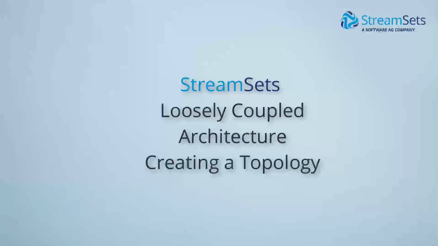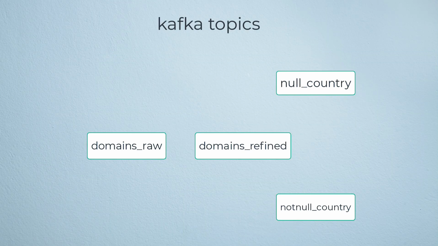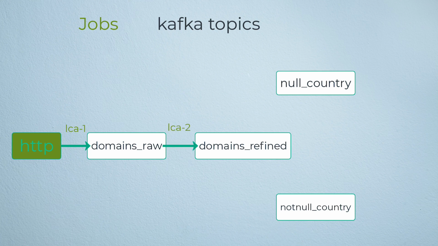In this video, we'll create a topology from the jobs we've created. These are the topics created in our loosely coupled architecture. The LCA1 job reads the data from the HTTP core and writes the data to the domain's raw topic. The LCA2 job reads from the domain's raw topic, then transforms the data and writes it to the domain's refined